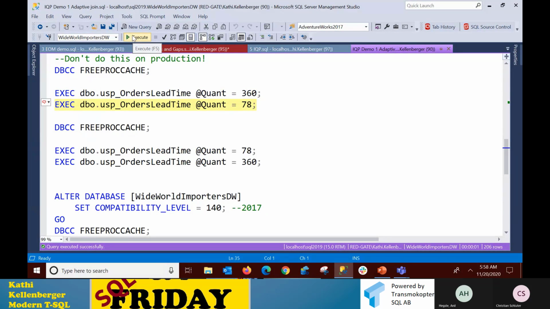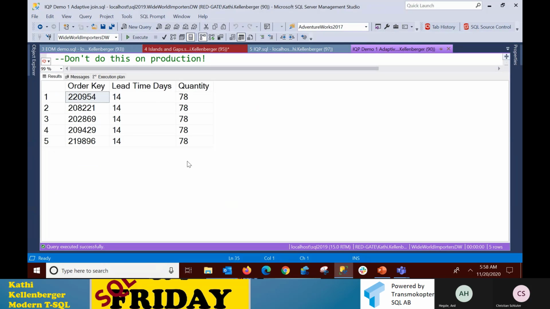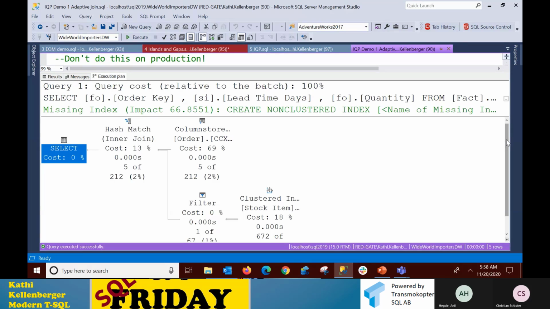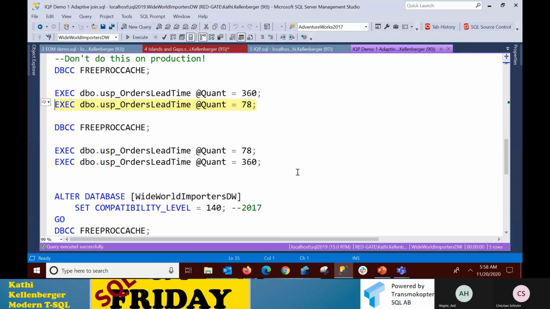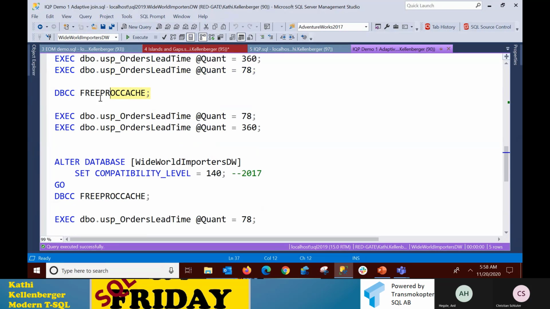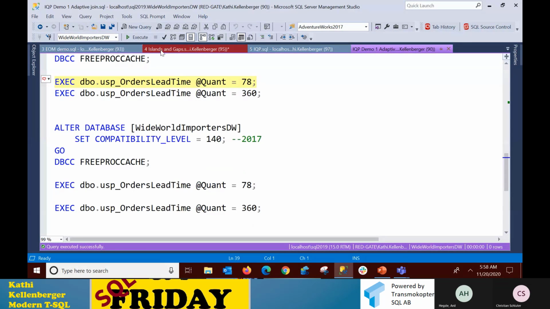That's the correct plan. If I do it with 78, I only get 5 rows back, but I get the exact same plan. Okay, we all know about this. That's parameter sniffing, right? Sometimes it is helpful, sometimes it's not. In this case, it's not. And I can show you that by running these in the opposite direction. So if I run 78 first,